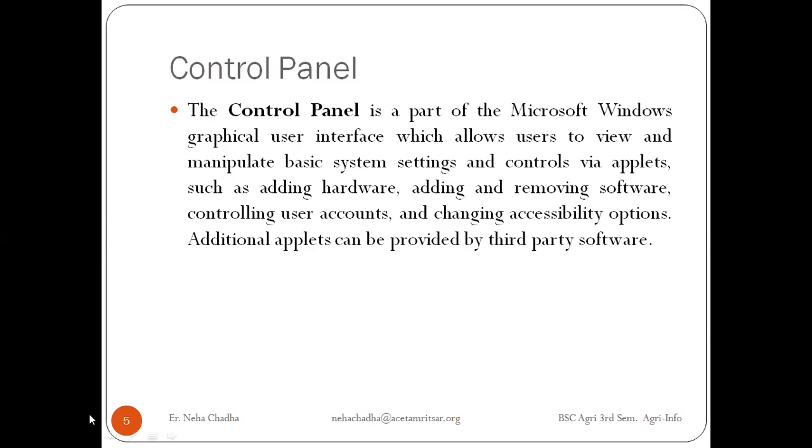Some inbuilt software is available in the control panel, and you can also add third-party applications depending upon your usage. Suppose you have downloaded VLC media player, but after some time you feel you don't require it. You can remove that particular program by going to your control panel. All these settings are available in the control panel. The control panel has been an inherent part of the Microsoft Windows operating system.